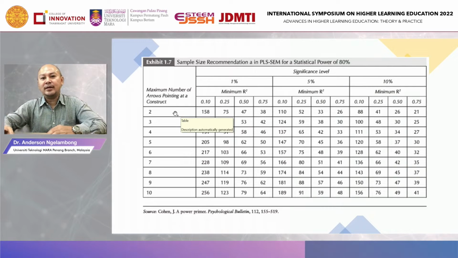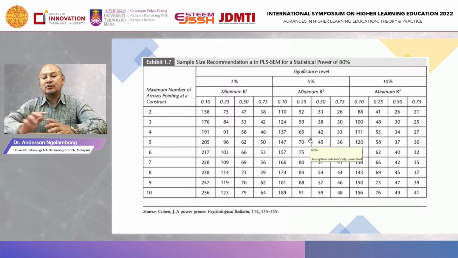If I refer to my research model just now, the maximum is 5, meaning there are 5 predictors going to 1 factor. So here I take 5%, the significance level is 5%, and the maximum R square or adjusted R square is based on 0.25. Here you can see mine is 70. So this is the minimum sample size if I use this table. The number is a bit different